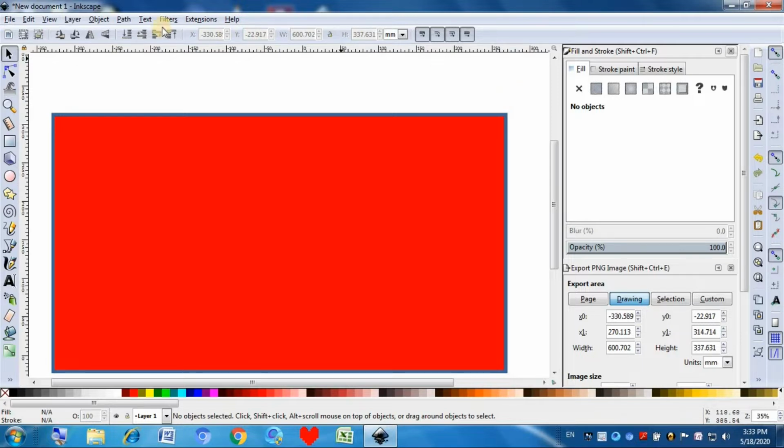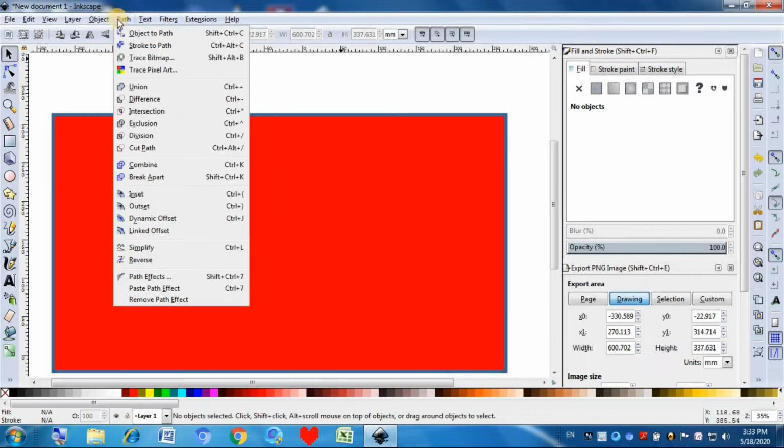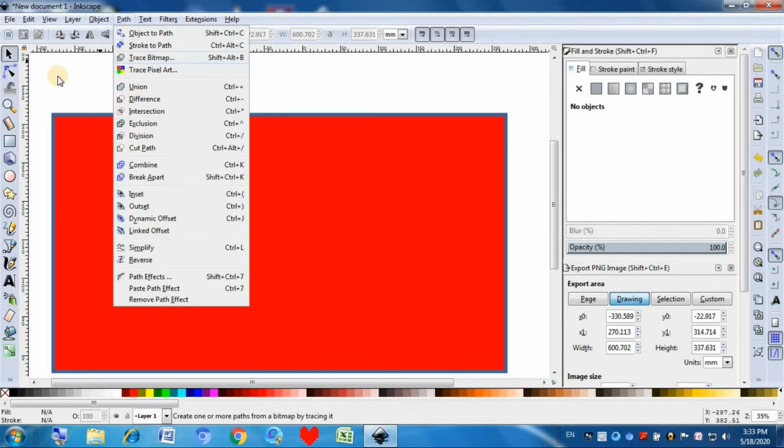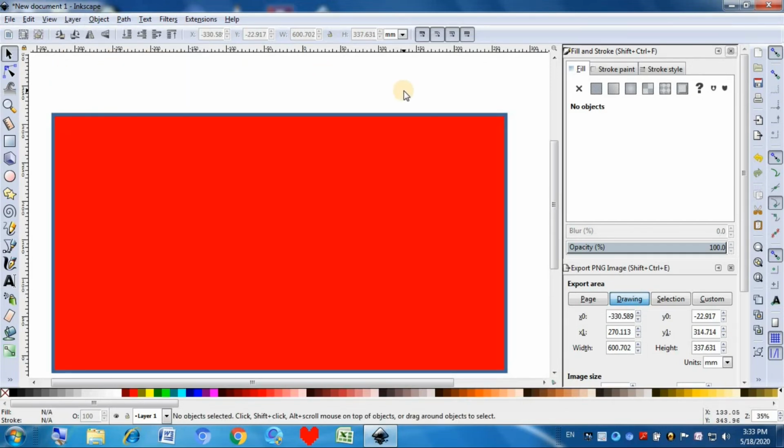Okay, you are going to learn about object options and path options. As you can see, there are a bunch of options. And in the object, you are going to learn about raise, lower, raise to top, lower to bottom. Only this much. There are many parts. These four and these two we are going to learn. Okay, and in the path tab, I am not going to tell you now, that's a secret.